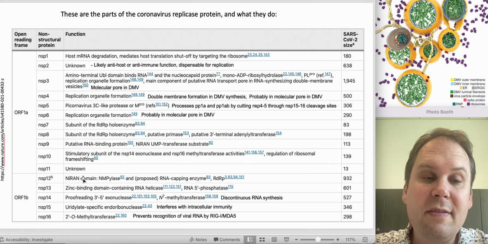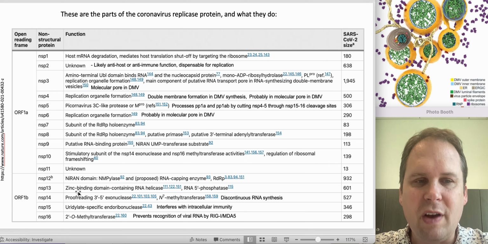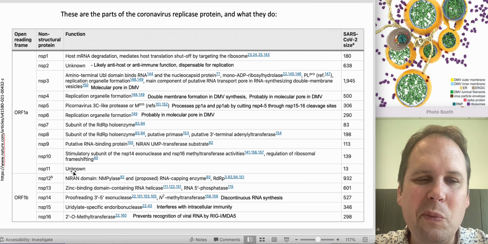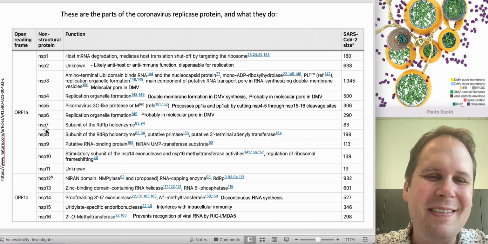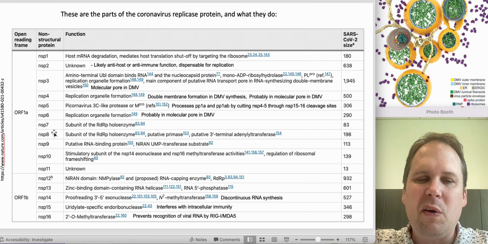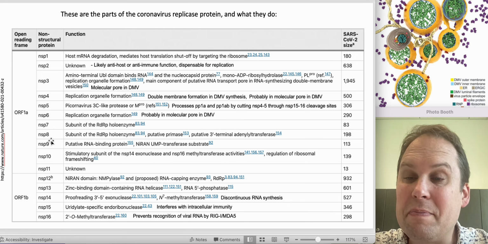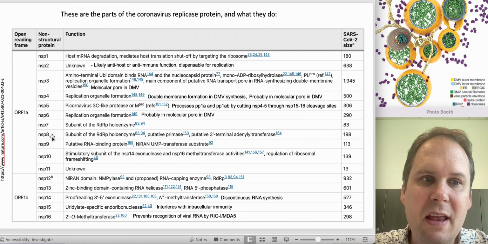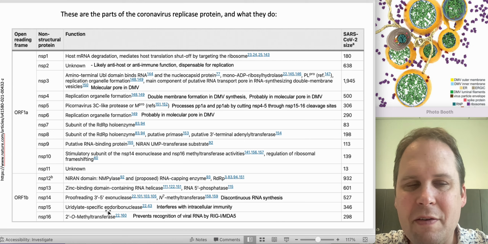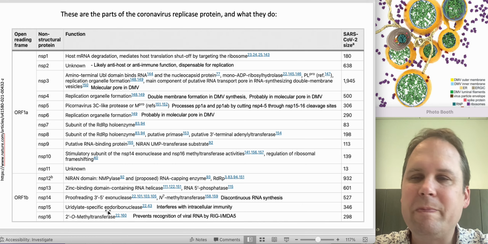After that, we've got 7, 8, 9, 10. Those are all accessories. They're all going to bind somewhere around the polymerase, and they're going to do important jobs. Each of these has a role to play, but if we were to point out the weak link in the bunch, it would be NSP7. It's just kind of like a brick. It's there between a couple of other things, and it holds those things together, but other than that, it doesn't do anything. NSP9, super important. NSP8, probably an enzyme. NSP10 is like a key that turns on multiple other enzymes and connects them to the rest of the proteins. So yeah.